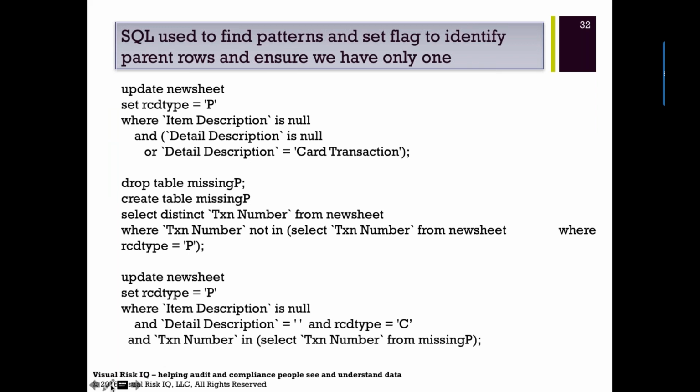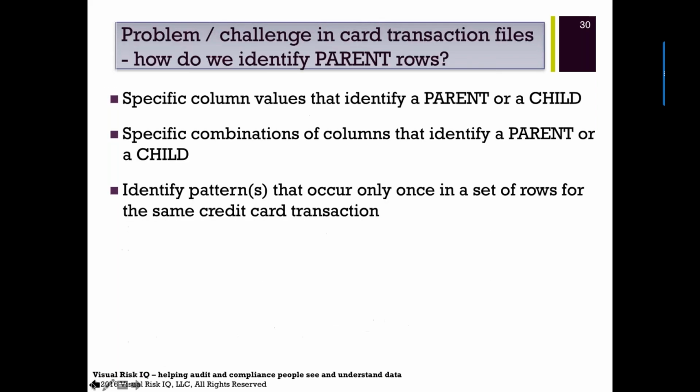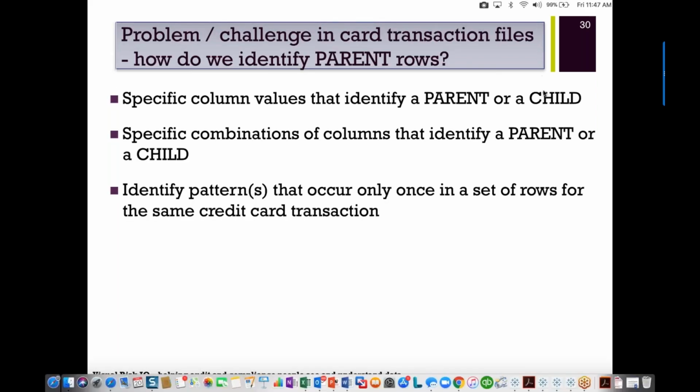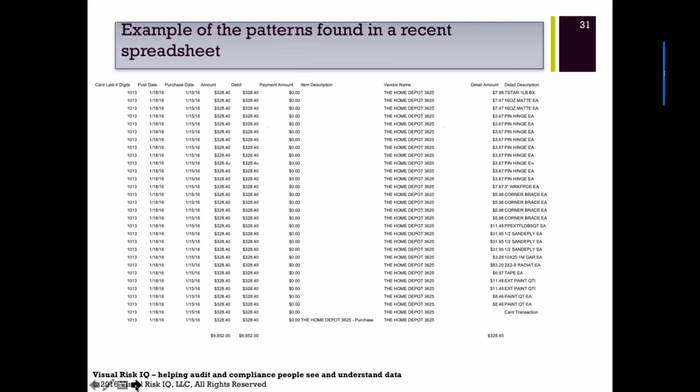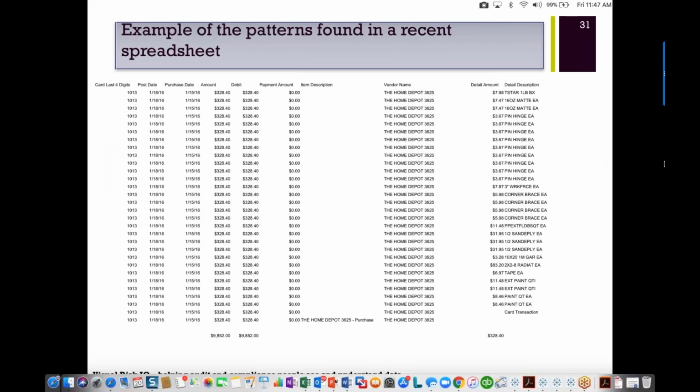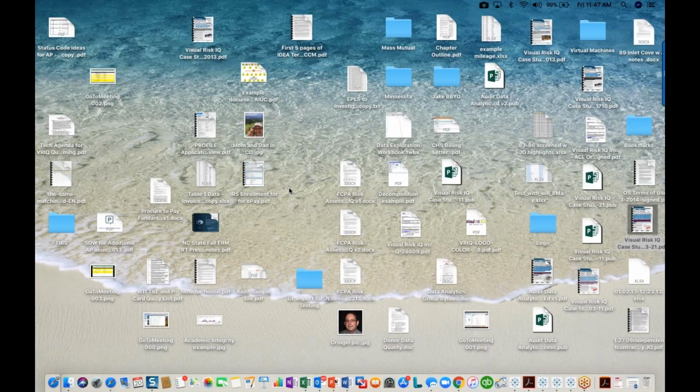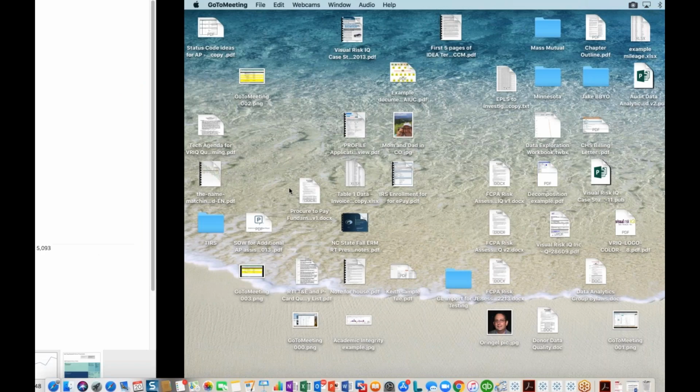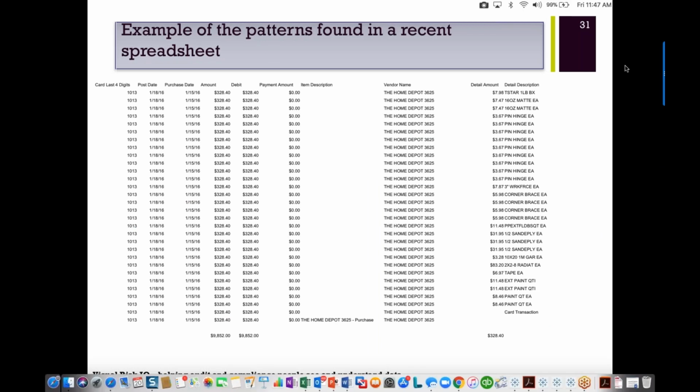Finally, the concept of parent-child is important. When you get files from purchase and travel card companies, they many times include multiple lines for a given transaction. And one of the things that we talked about was doing control totals. One of the important things early on in data acquisition is to ensure that what you've extracted is what you are looking at auditing. And so the first thing that we do after getting an extract in any of the three techniques that we described is to do some control totals